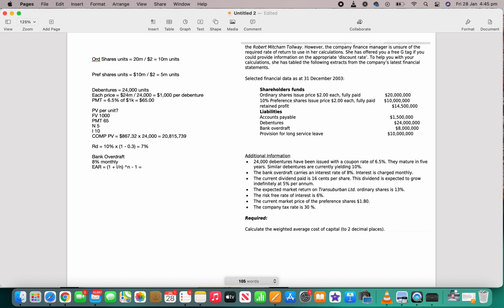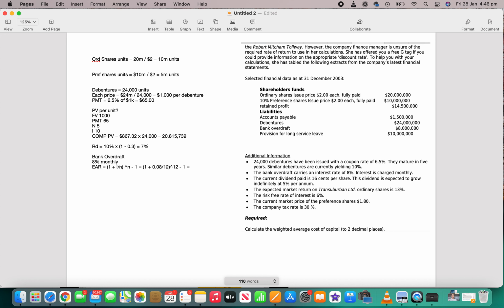So what we do is input that, 1 plus interest rate 0.08 over 12 to the power of 12, then minus 1,